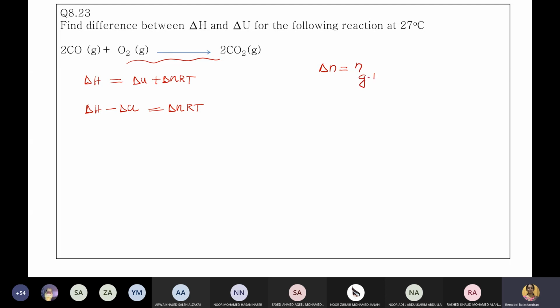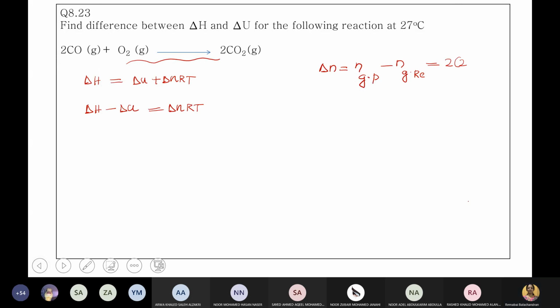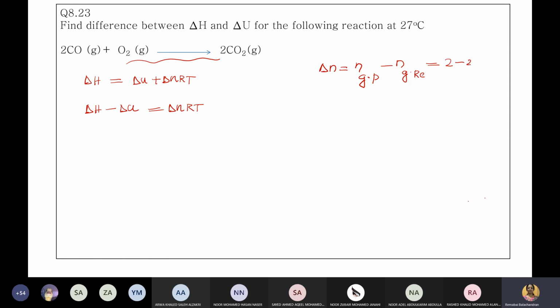Number of moles of gas products minus number of moles of gas reactants. 2 minus 2 plus 1 is equal to minus 1, right? Okay, so now that's equal to minus 1 mole times